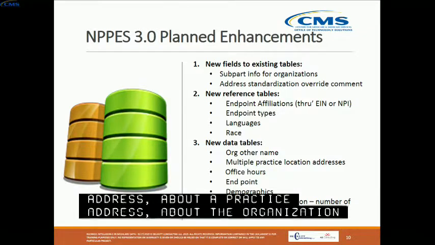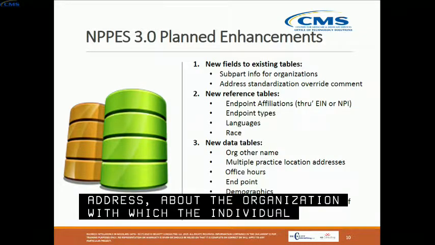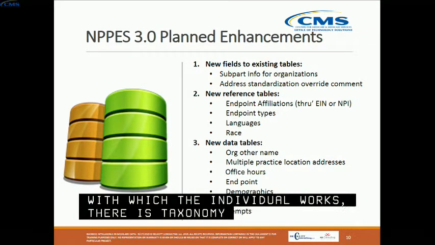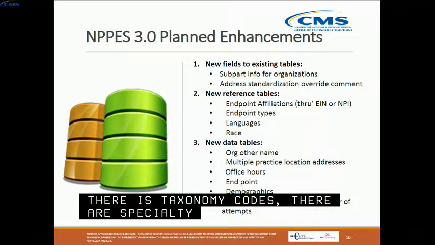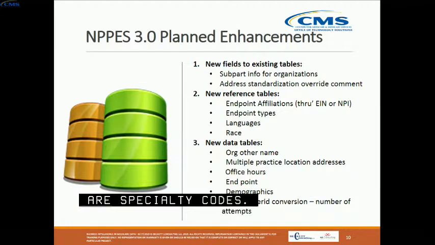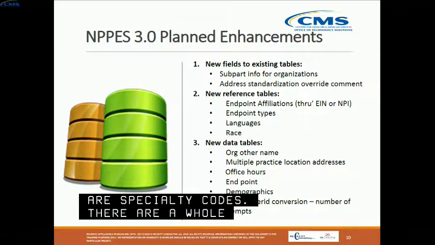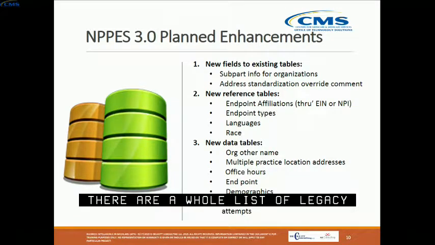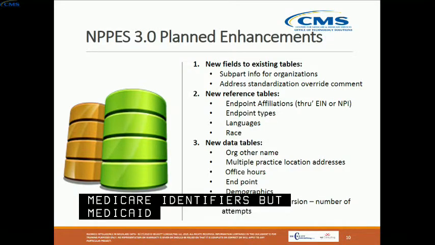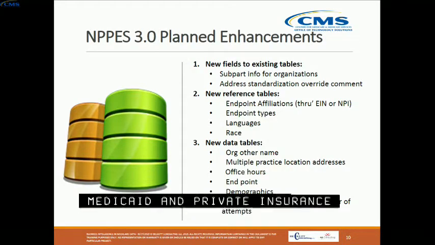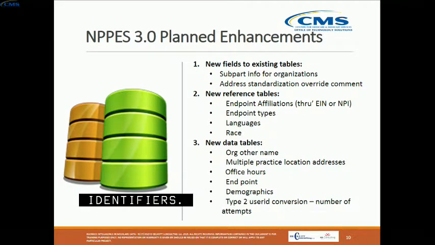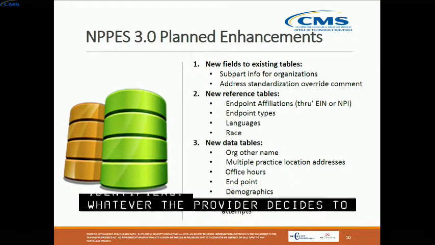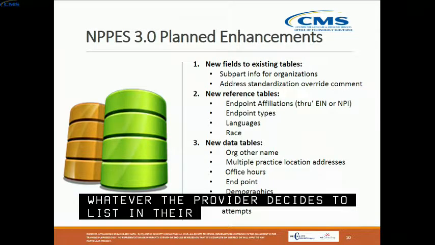There's taxonomy codes, there are specialty codes, there are a whole list of legacy identifiers, not just Medicare identifiers, but Medicaid and indeed private insurance identifiers. Whatever the provider decides to list in their NPES application, they can include it,